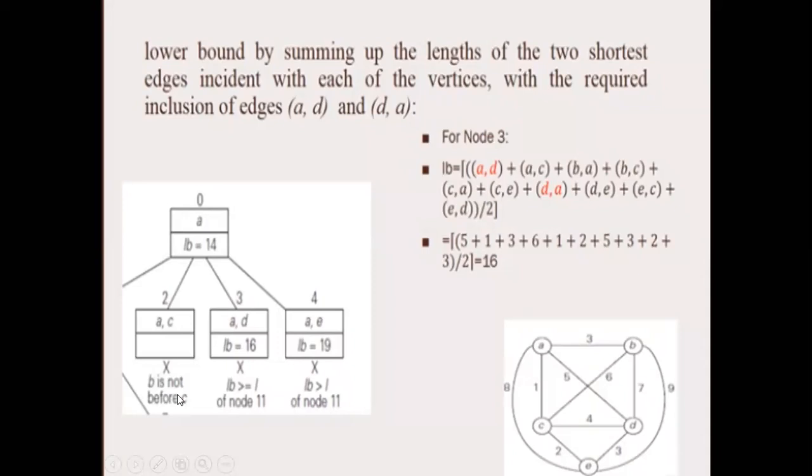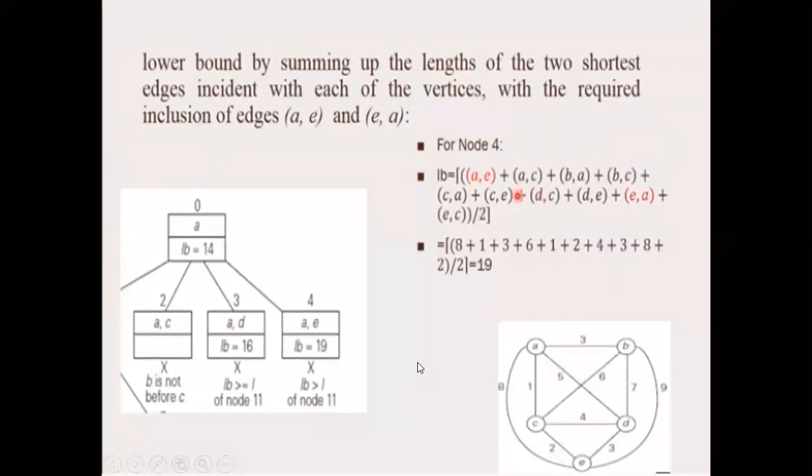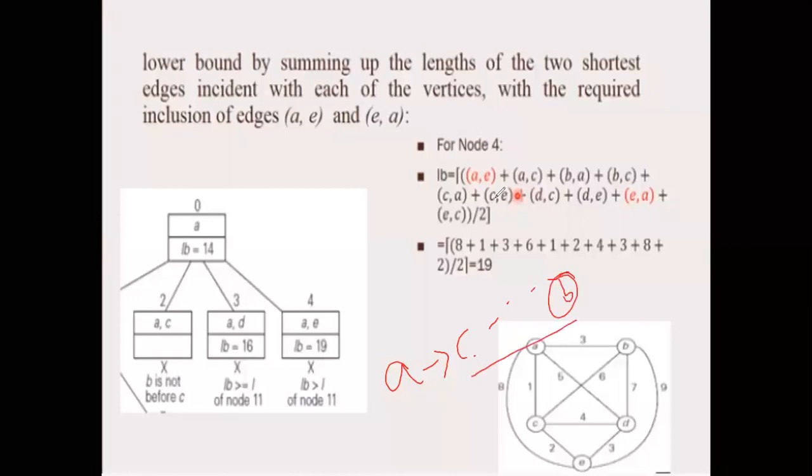before B. Correct? So in this example, A first is the starting node. After the starting node, you are saying move to C. Then only somewhere after that you will get B. Correct? Which means B comes after C, so this condition should not be considered here. So B should come before C. Before C, B should come. So why is this bounding condition used here?